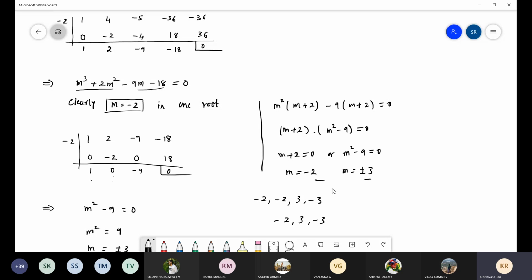It means the answer is not wrong. The calculator is giving only these as the roots, but one more root is involved here. Which one is the repeated root, we don't know. It may be minus 2, it may be plus 3, or it may be minus 3. So how to calculate that? That's why in all the problems, the calculator is not much useful. So the synthetic division method is the best way. Otherwise, you can use this alternative method also, taking common and getting roots. That's it. Finally, make it factors. Don't multiply, make it factors. Okay, that's it. Any doubt?